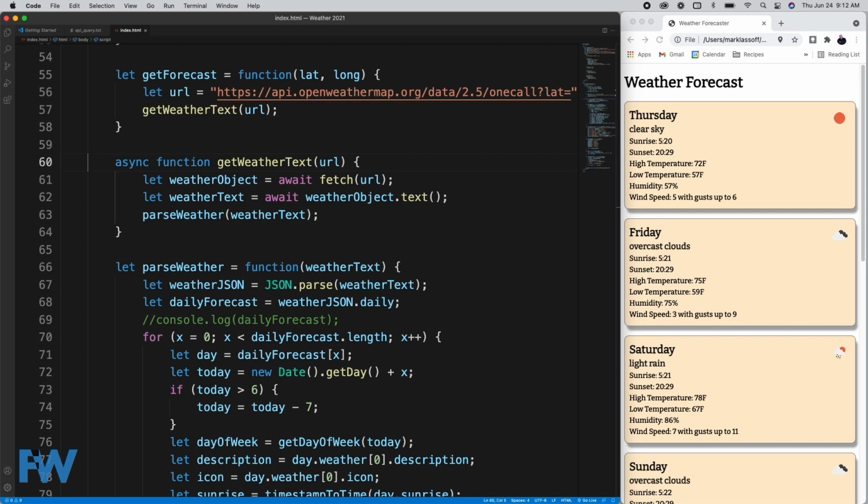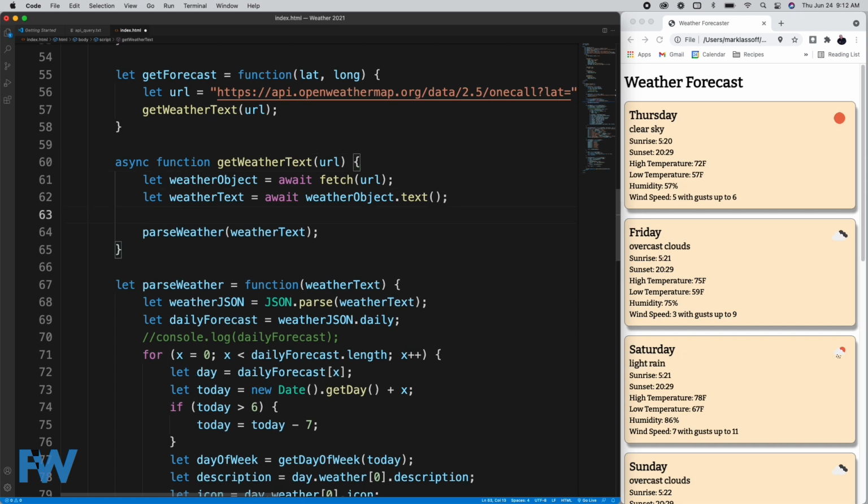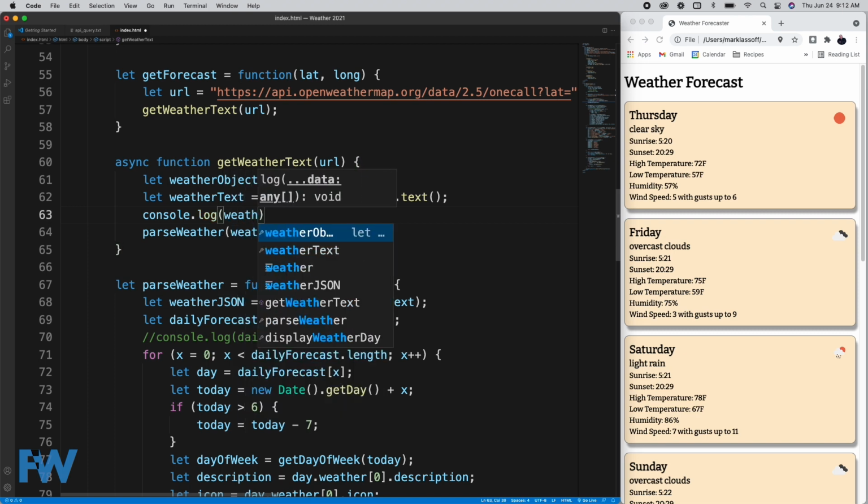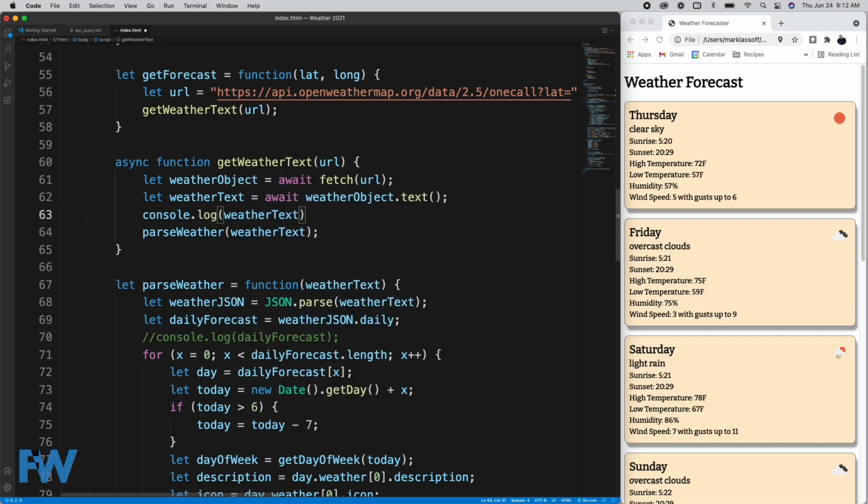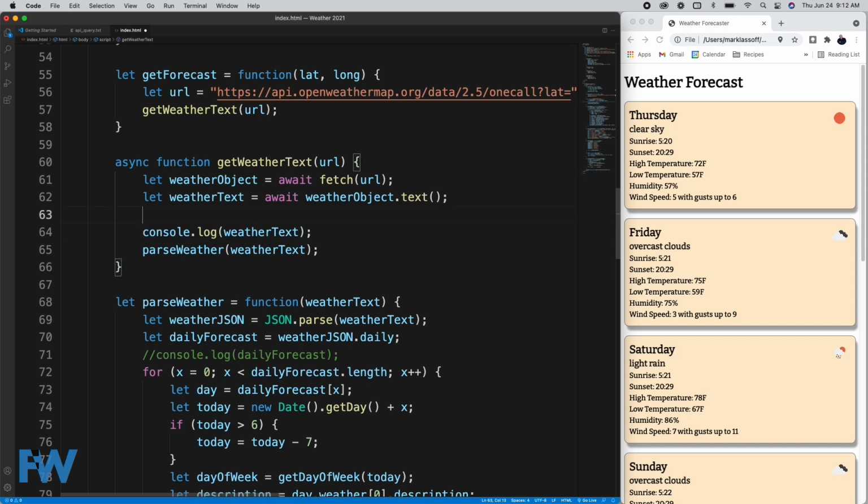Now, I want to show you exactly what comes back here from the URL, because we'll get the weatherObject from fetch, and then we're going to take the text from weatherObject.text, and we're going to convert that into something that humans can read. So at this point, let's go ahead and hit a console log, and we're going to console log out weatherText. You know, I'll console log out weatherObject too, just so you can see what that's producing.